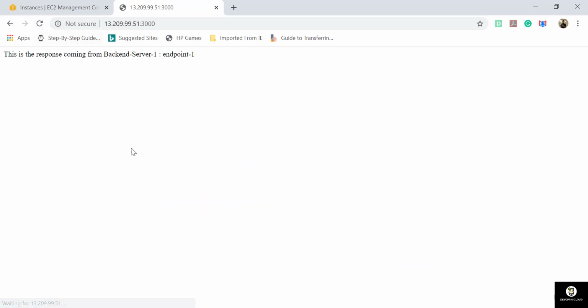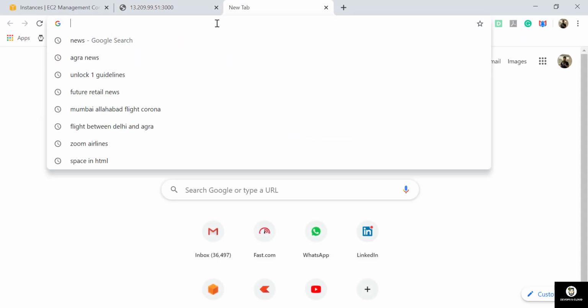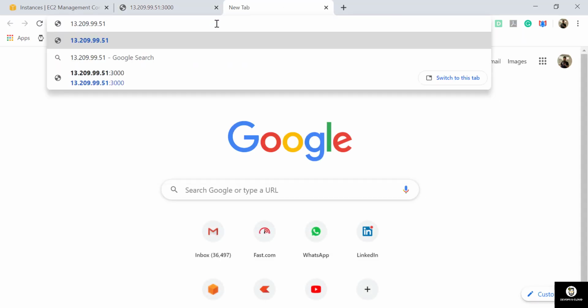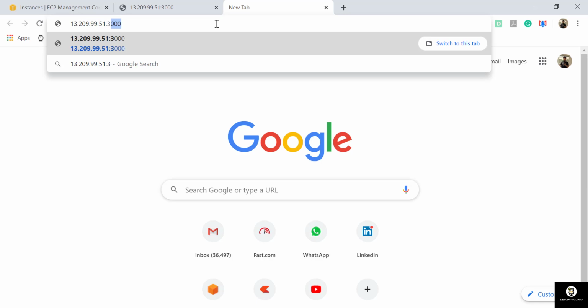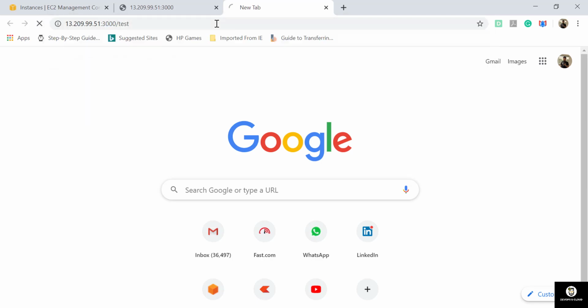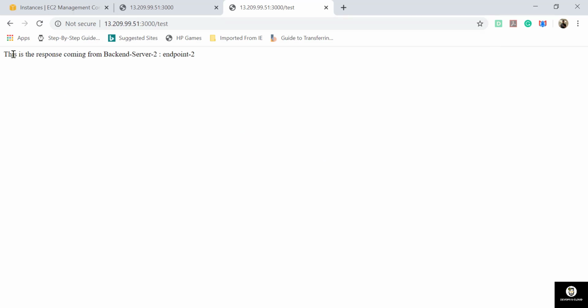Go back to the console. Now try the API. I'm getting the response: this is the response coming from Backend-Server-1 endpoint 1. Now hit the second API. If you remember, the port was 3000 and the URI was test. So this is the response coming from Backend-Server 2. Now we have successfully set up the APIs, or you can say the services, for Backend-Server-1. Now in the next video, we'll be setting up the same services for the backend server